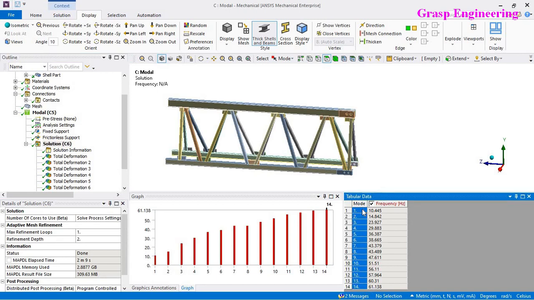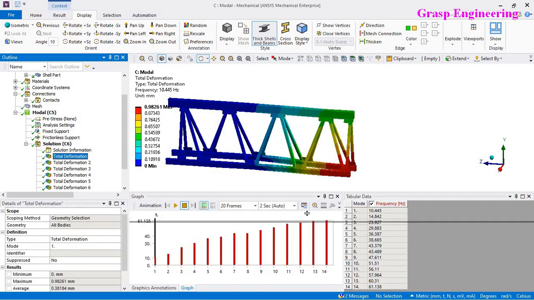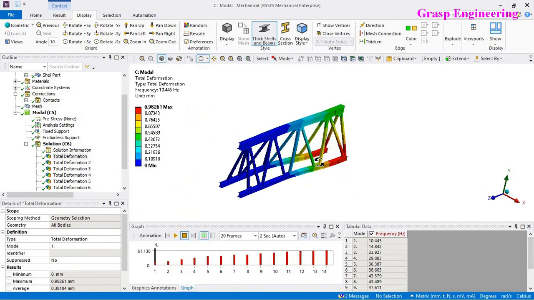Likewise, you can reduce your solution time by defining the range, otherwise it could have taken more time to solve the 20 frequencies.